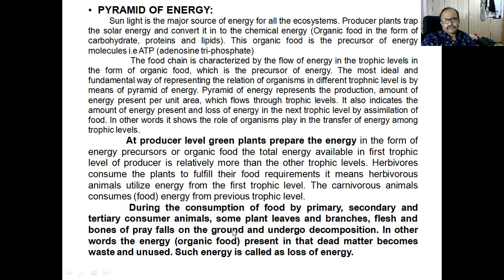मींस मोस्ट ऑफ द फूड falls on the ground and undergo decomposition, means some organic food falls on the ground and undergo decomposition, and in such condition for this wastage food, we use the sentence that energy is lost, this is the loss of energy, loss of energy। प्राइमरी कंज्यूमर जब प्लांट्स खा रहे, फूड उनके बॉडी में जा रहा है, ओके, और वो बॉडी में उसको फूड को यूज कर रहे हैं, एनर्जी तैयार कर रहे हैं, but when they left some plant leaves and branches on the ground, so this energy or this food is called as the loss of energy, क्योंकि वो फूड है, फूड इज द प्रिकसर ऑफ एनर्जी, वो फूड लॉस हो रहा है इकोसिस्टम में, मींस दिस इज द एनर्जी लॉस हो रही है, एनर्जी प्रिकसर लॉस हो रहा है।